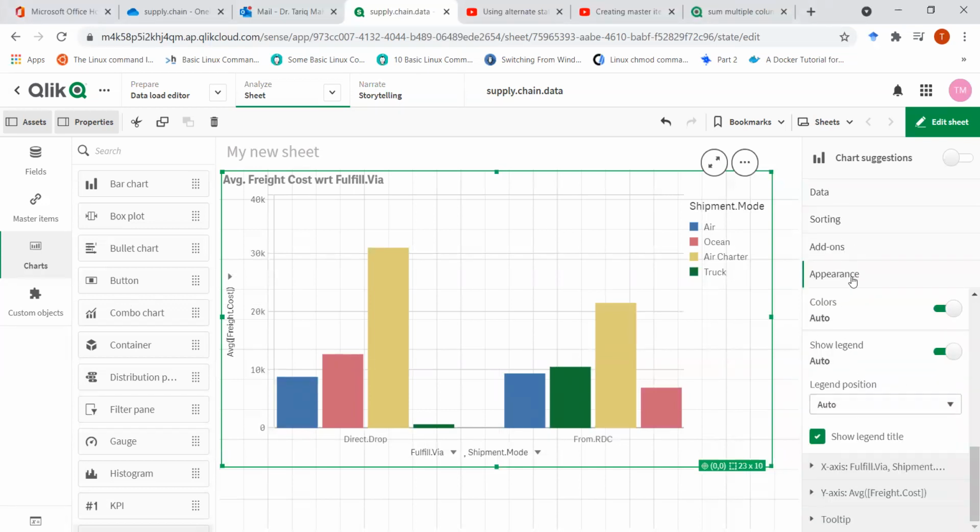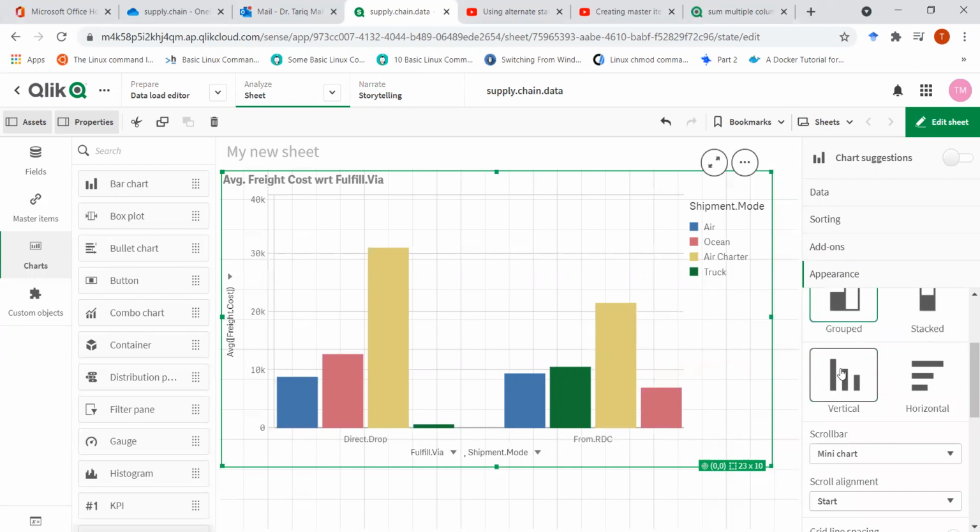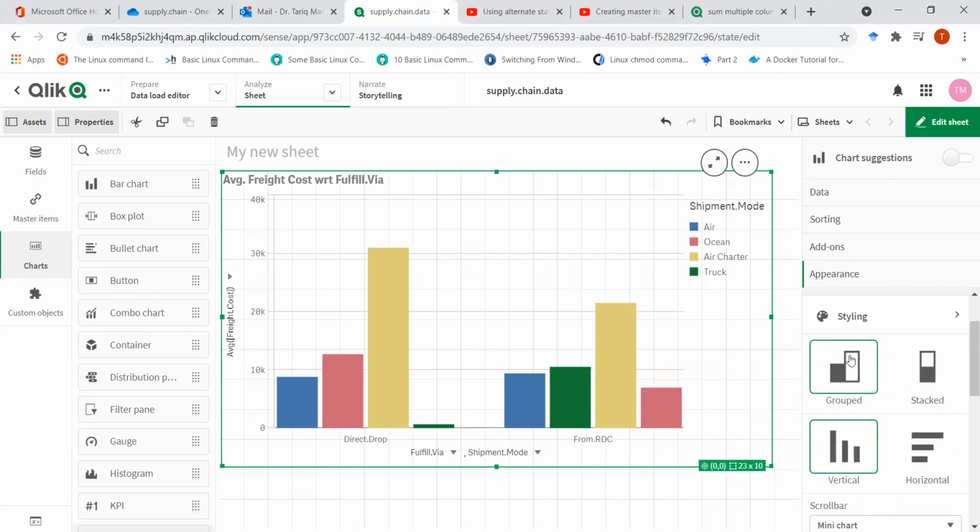All the options for the appearance and the presentation that are available separately in the other BI tools are now available in the same bar chart offering, which I think is a more flexible way of handling things as compared to selecting lots and lots of bar charts. That's also difficult to manage.